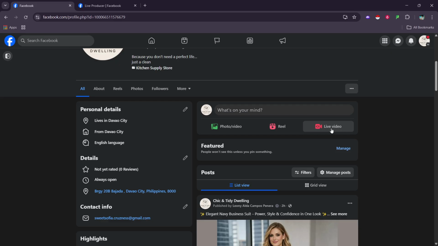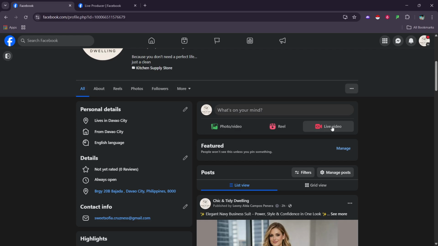Now choose how you want to capture your video. If you're using a built-in webcam or a USB camera and microphone, select the camera option. This is the simplest path and lets you go live with just a few clicks. If you plan to broadcast from streaming software, choose the software option. That's ideal for advanced setups like scenes, overlays, or screen sharing managed in an external tool.